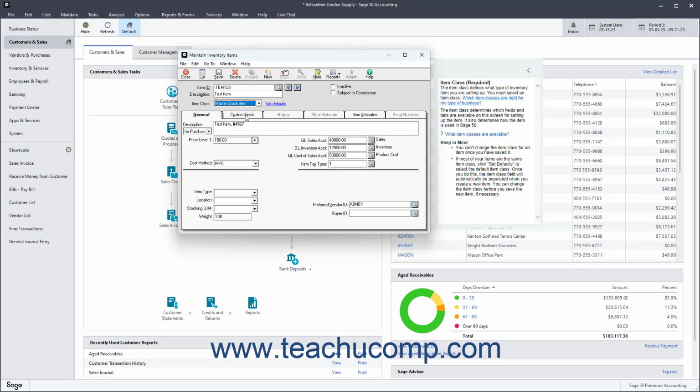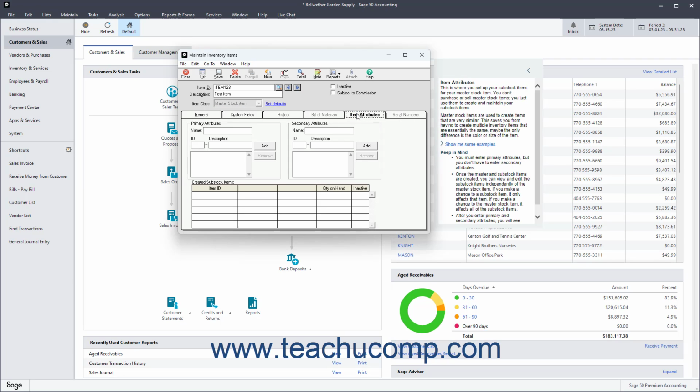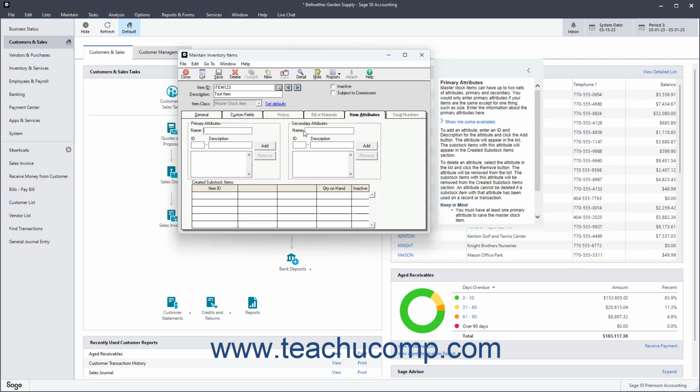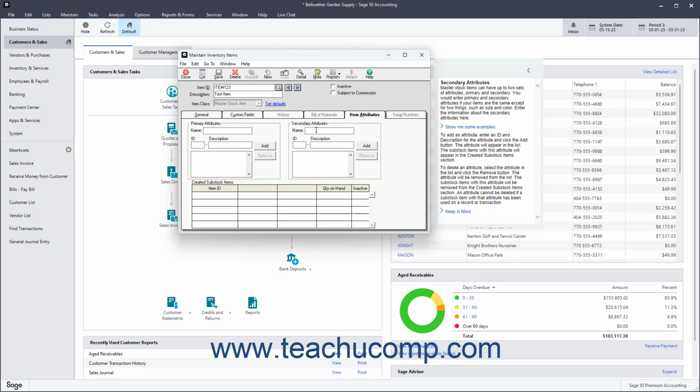Alternatively, if creating a new item of the Master Stock Item class, then click the Item Attributes tab. For all other item classes, skip this tab as it is unavailable. On this tab, enter the primary attributes and secondary attributes for the master stock item. These attributes can include any attribute you need, like size, style, and color, for example. As you create the attributes, Sage 50 automatically creates substock items of every possible combination between your primary and secondary